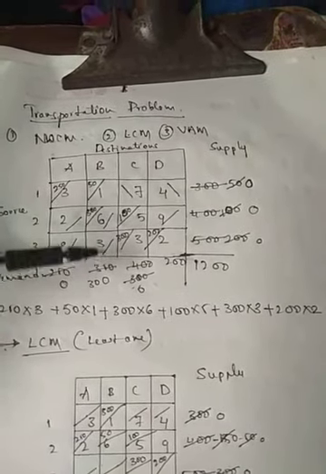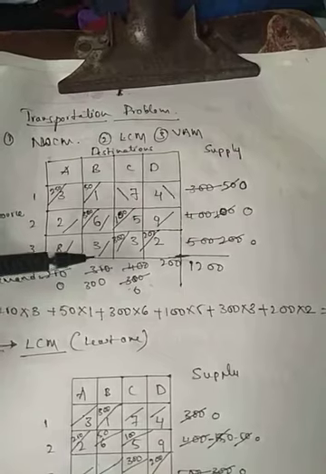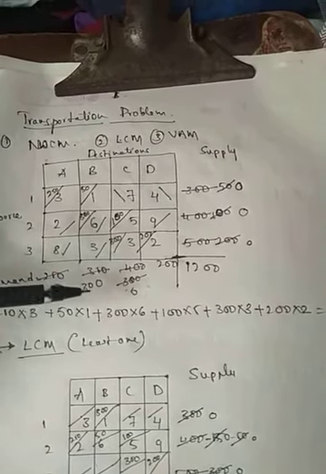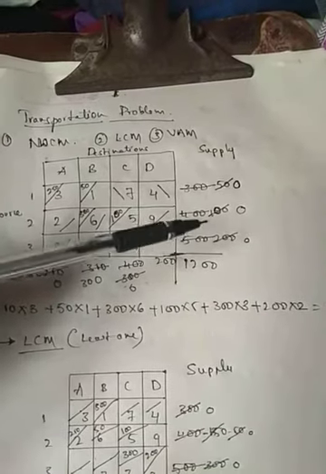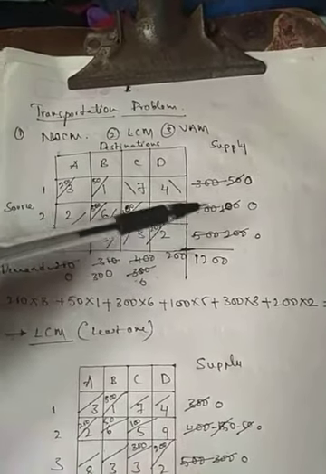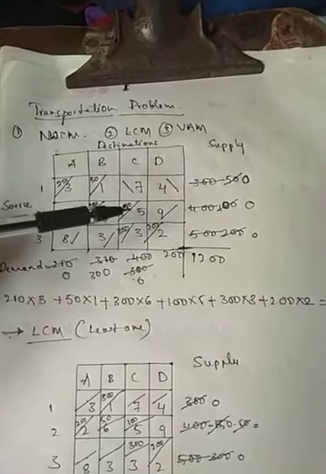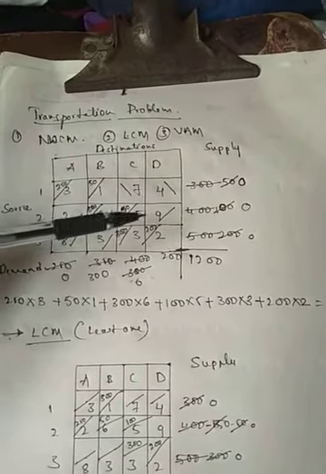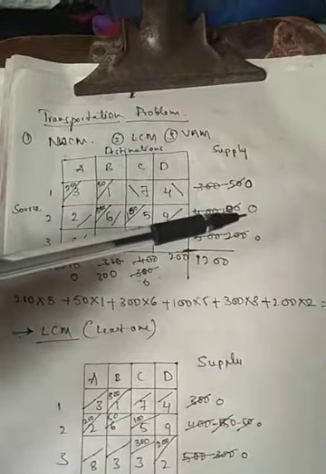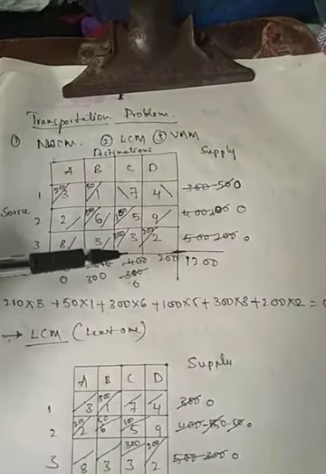So we have to cancel the column here, so we get 0 here. That is 400 minus 300, we get 100 here. And here it is the northwest corner, so I have to allocate 100 here. After that, I have to cancel the 100, it becomes 0, and this is 400 left.